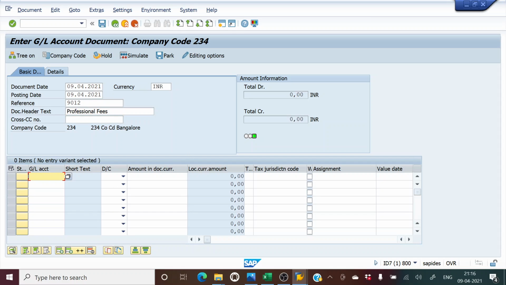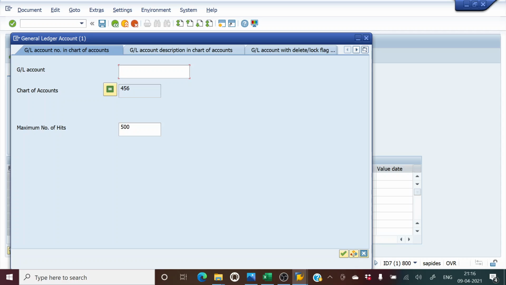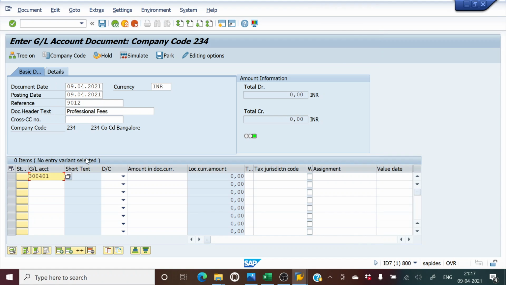Right, and then I'll come to the GL account. I have already configured the GL account. This is how you have to select the GL account: go here and click enter. See, I have already configured the professional fees account. So this would be debited. Sorry, this should be credited, professional fees account.